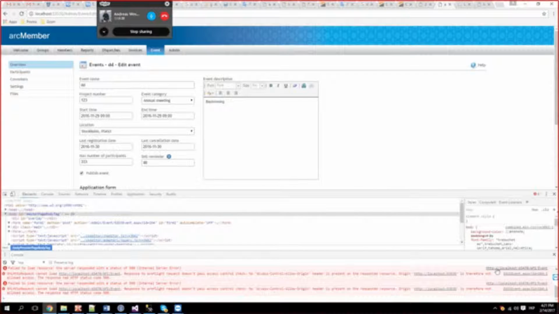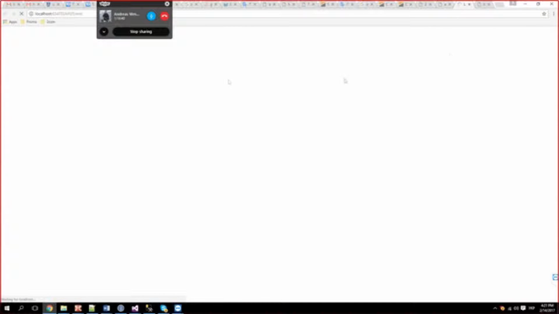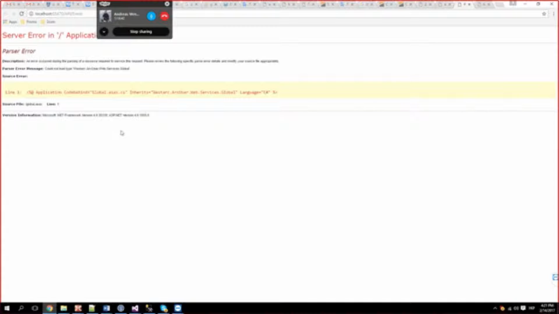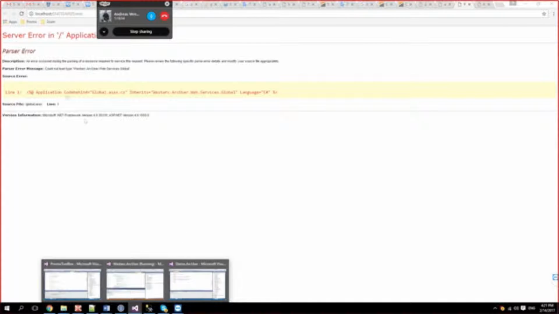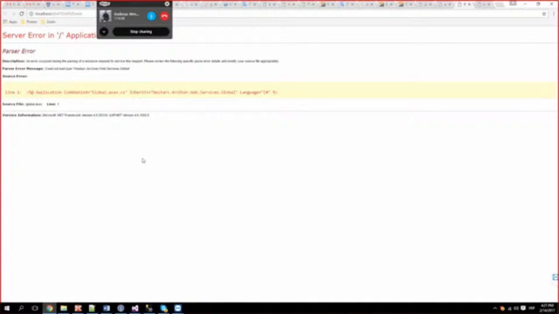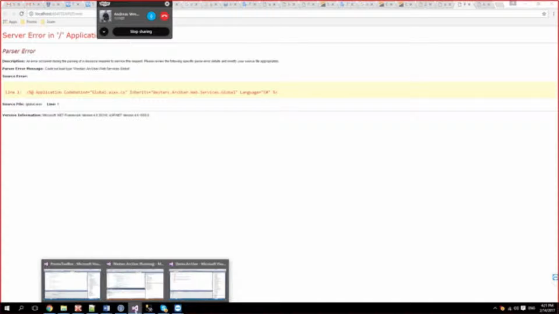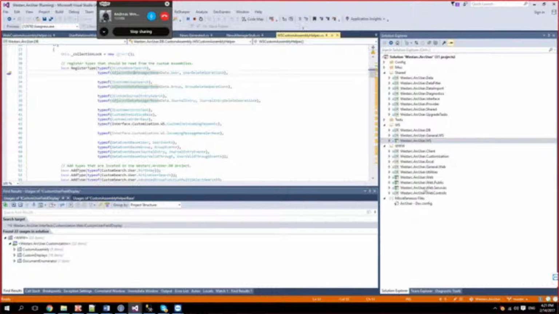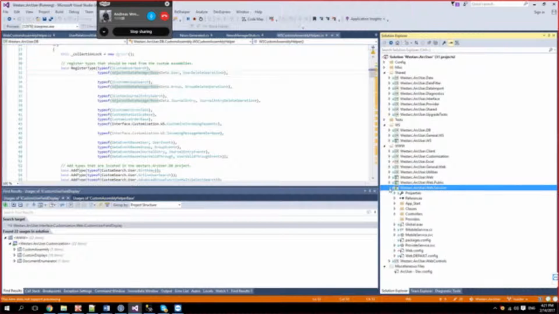API event. Oh, this is something major. It's not just a little link. Something is going on here. Could not load. As far as I can tell, it is this services project that doesn't work as it should.